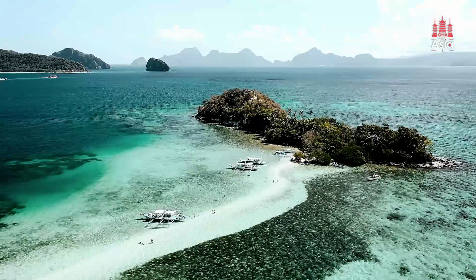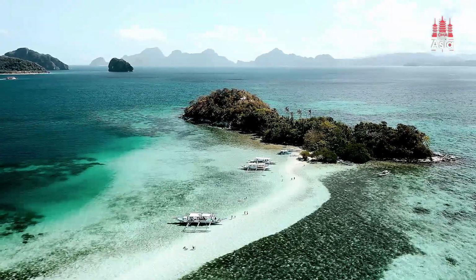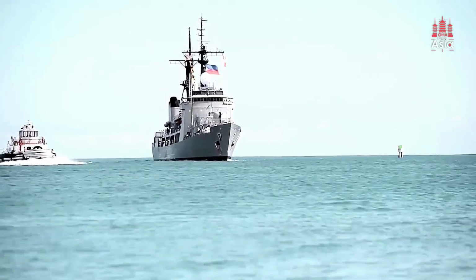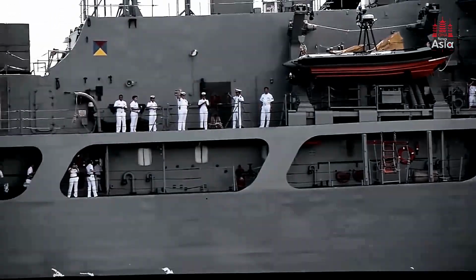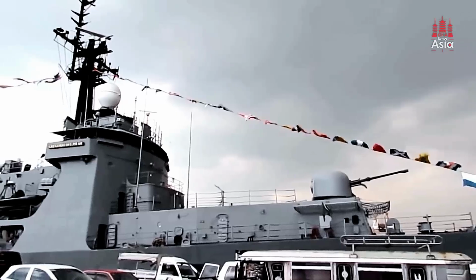The Philippines, an archipelago of more than 7,000 islands, faces unique maritime security challenges. With over 36,000 kilometers of coastline and rich maritime resources, safeguarding these waters is critical. Standing at the forefront of this mission are the Philippine Navy's Del Pilar-class offshore patrol vessels, known as the workhorses